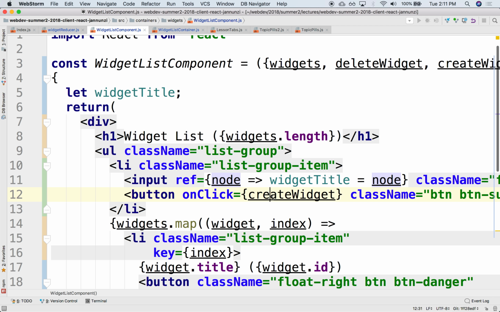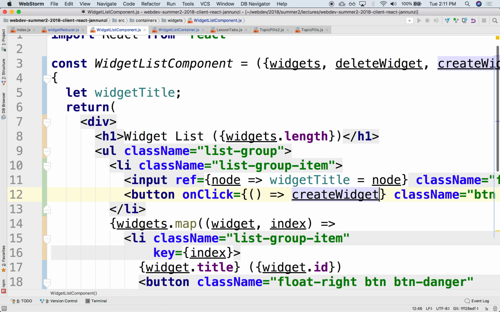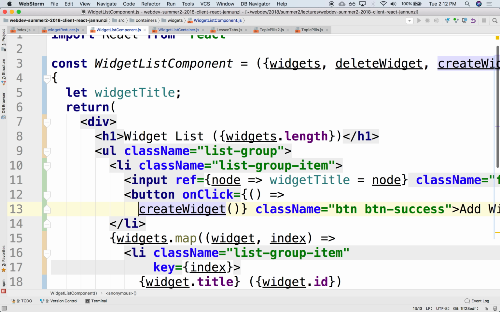All right, so what do we do? The create widget, right now it's blindly calling the function. Instead, it needs to pass an argument. For instance, it could pass just a widget title. You could do that. Or it could be a little more sophisticated. Perhaps it could actually create the widget object. Well, I could create the widget object right here. We could say